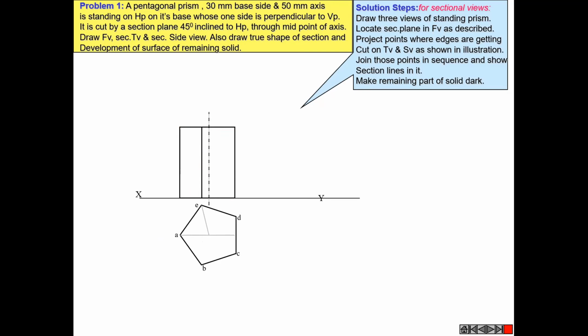This is similar to the section of solid that we did in the first chapter, the first portion of this chapter. Now this is the section line, having the angle 45 degree, and it is passing through the midpoint of this axis. This is the midpoint and the angle is 45.